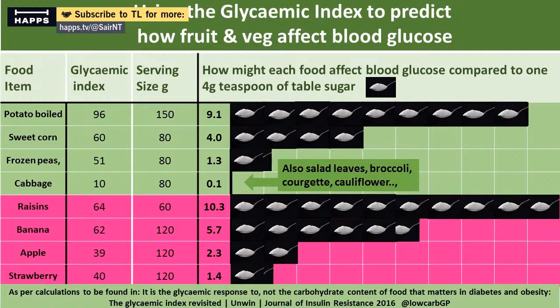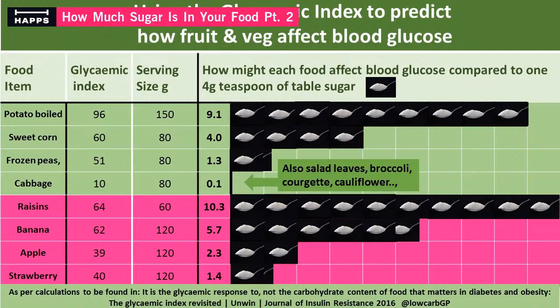So apple is 39, it's 2.3 for a 120 gram serving. It's 2.3 teaspoons of sugar, and the strawberry is 40 on the glycemic index, 1.4 teaspoons of sugar. So as you can see,